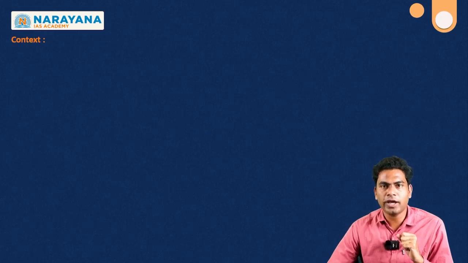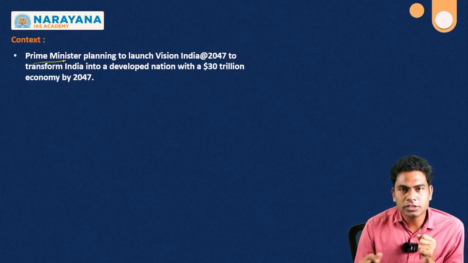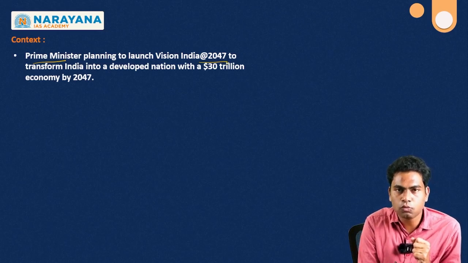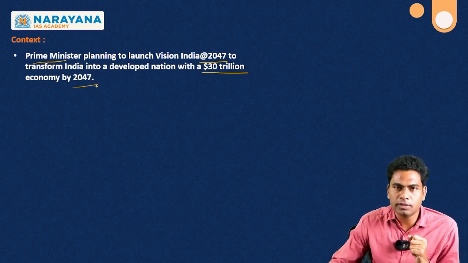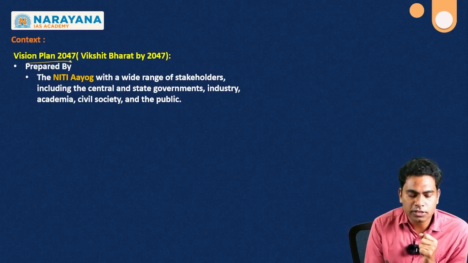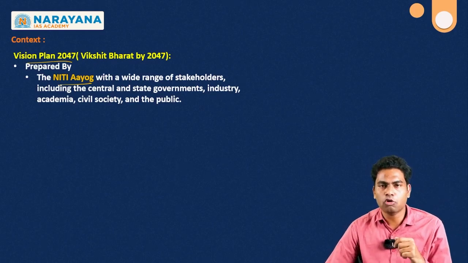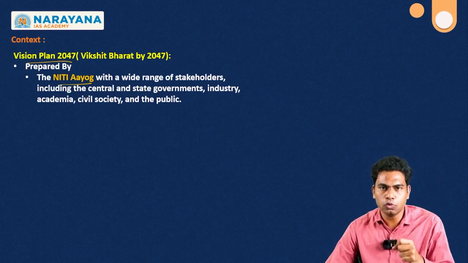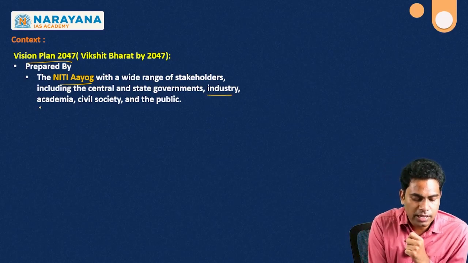Coming to the context, why it has come in the news. The Prime Minister has recently released a document which gives us the Vision India at 2047, that is, it wants to attain a vision of $30 trillion by the year 2047. So that is the reason it is in the news. Coming to Vision Plan 2047, it is prepared by Niti Aayog. Niti Aayog has prepared this document by collaborating with central and state governments. In addition to it, it also went into discussions and consultations with various stakeholders like industry, academia, civil society